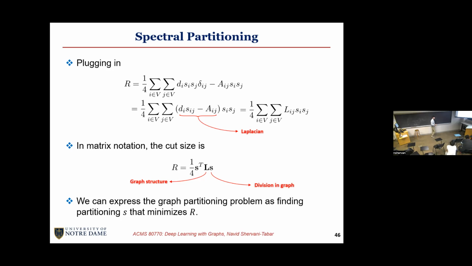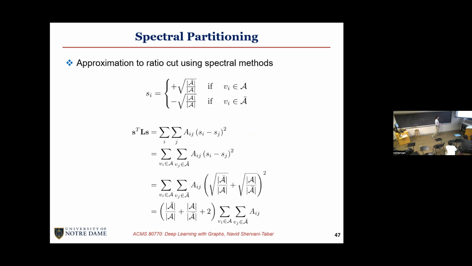That's basically why we wanted to introduce the Laplacian, to reformulate our problem in terms of the Laplacian matrix. Now, let's look at ratio cut, and let's see how we can reformulate this in terms of